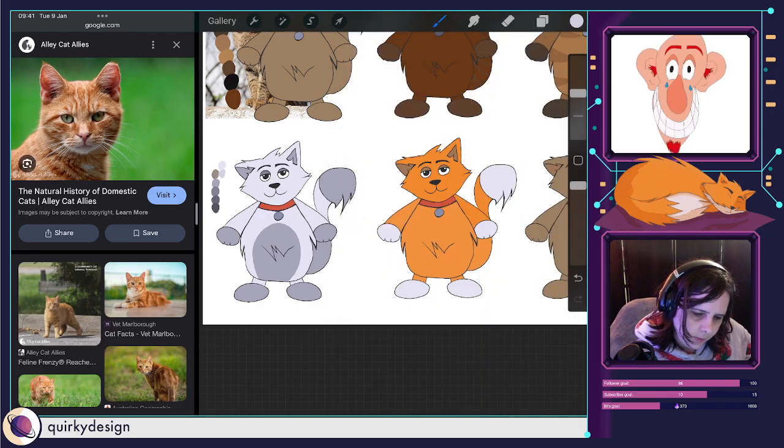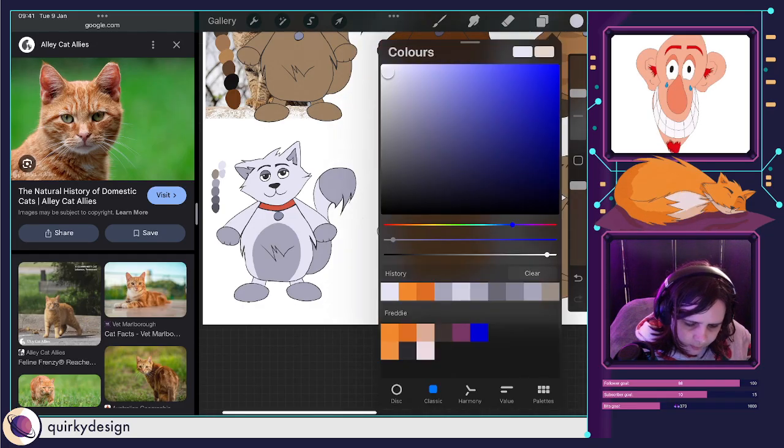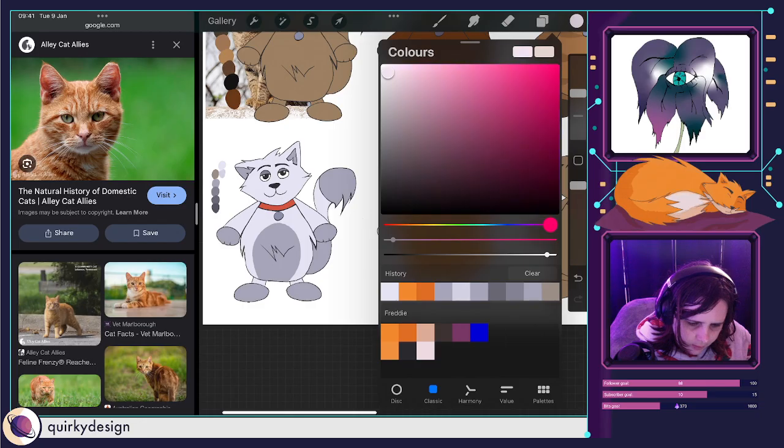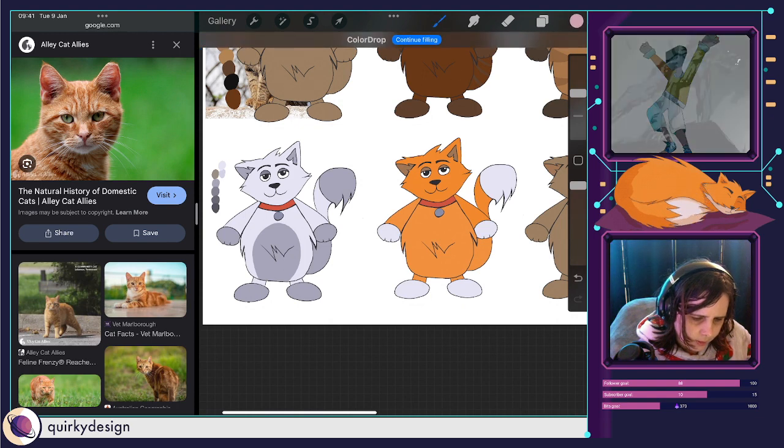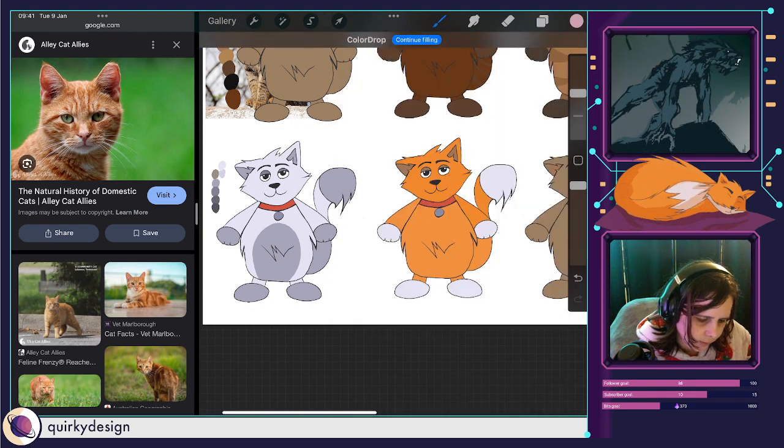I'm going to have a look at doing a pinkish colour for the ears this time round. So let me see if I can find a really nice sort of pinky colour to use. Yep, that's on there. Cool.